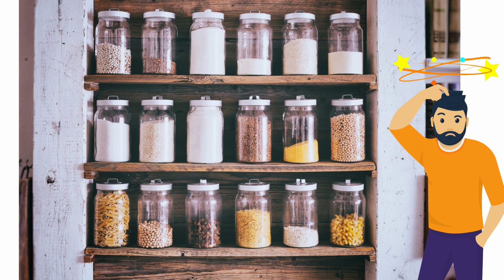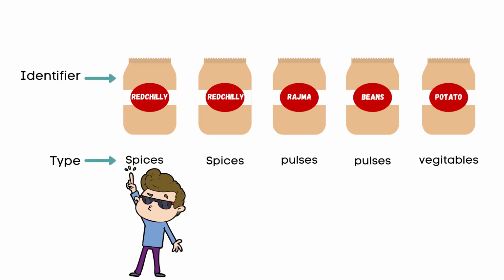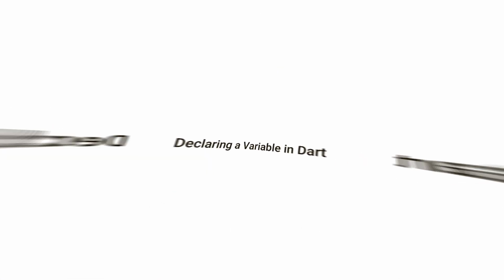There are now 4 boxes for 4 spices: one with red chili powder, one with black pepper, one with chaat masala, one with turmeric. When you are done dividing all the material into separate boxes, you end up with an abundance of boxes and can't seem to find what you are looking for. So finally, you decide to label each box with a unique name to make each one easier to identify. You now have an organized way to store your material and access it whenever you want.